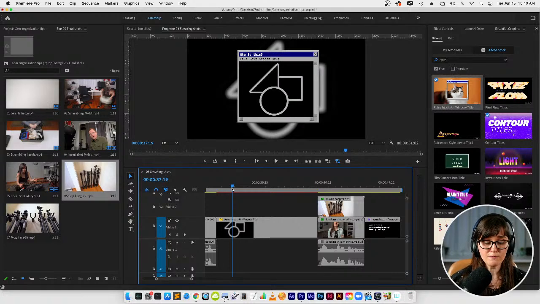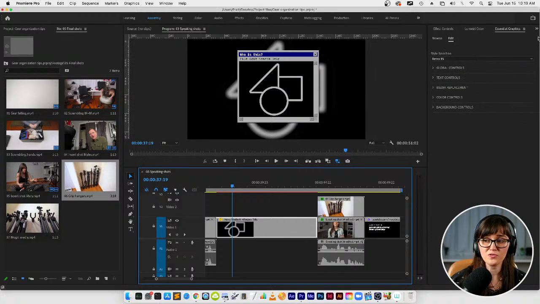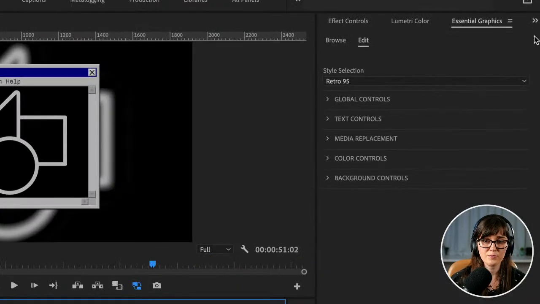So now I'm going to click this clip in my timeline, and then automatically over here in Essential Graphics, things have changed from the Browse tab, and we've gone over to the Edit tab. And here you'll see we have all these settings that we can adjust. And remember, the motion graphic templates that we were looking at earlier, those are in a marketplace. And so they're created by a bunch of different creators. And so what settings you get here in this Edit tab, it's all going to depend on who the